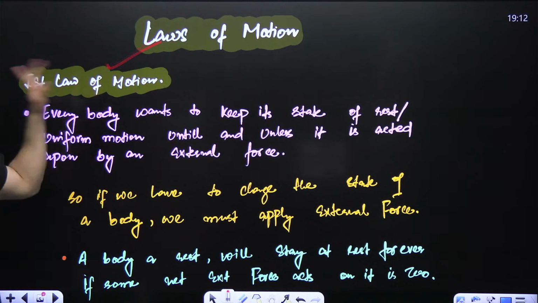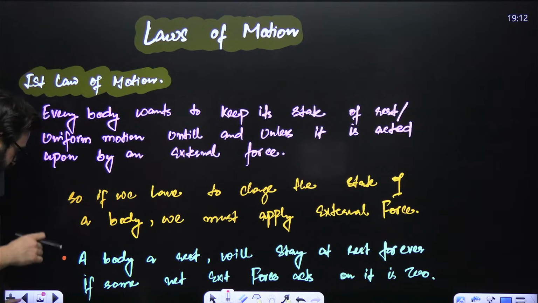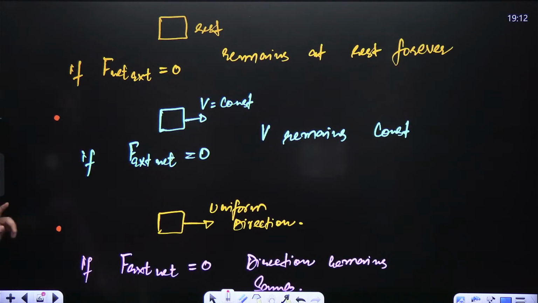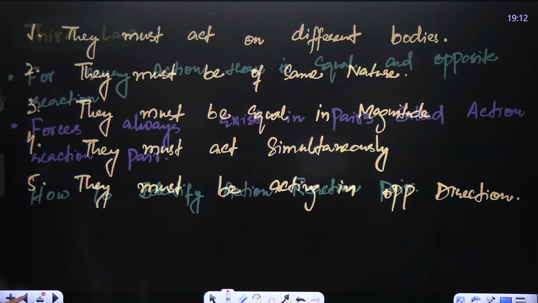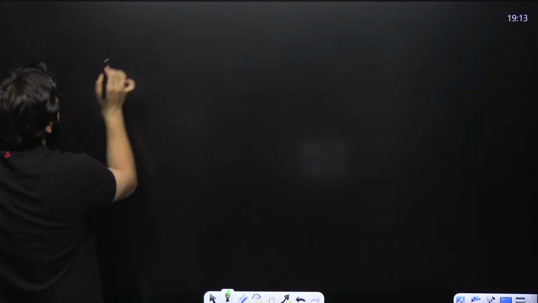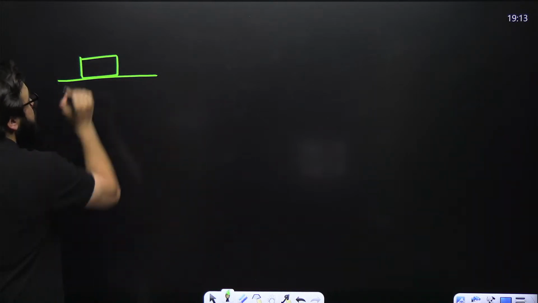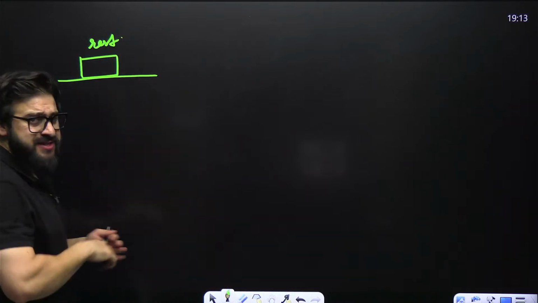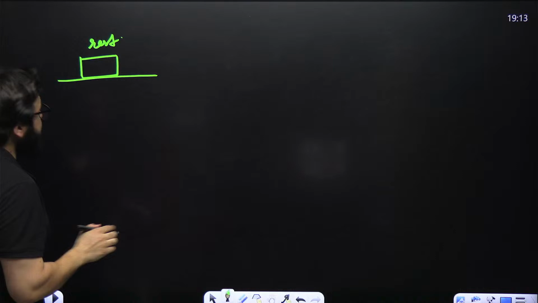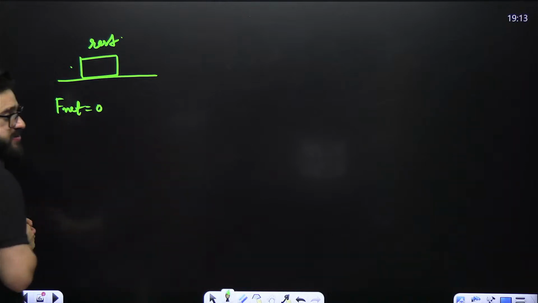That is Newton's first law of motion. Guys, see, what does Newton's first law of motion actually say? Listen to me very, very carefully. I'll make you understand over here. Let's suppose I have got a block over here, and I'm saying this block is at rest, means it is not moving. I say if the net force on the block is 0,